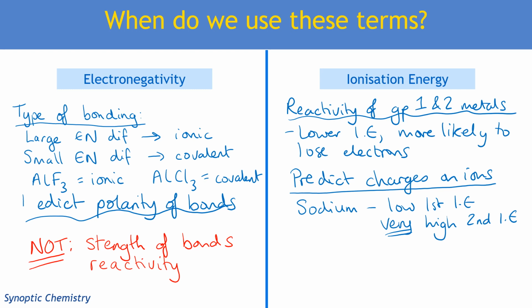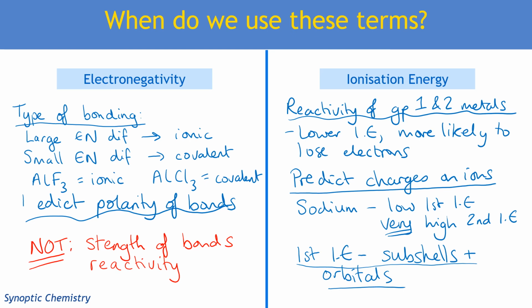So that's where we use ionization energies, and as we've already mentioned, we use first ionization energies to tell us about subshells and orbitals, and that is the most likely time that you will get asked about first ionization energies, is in that